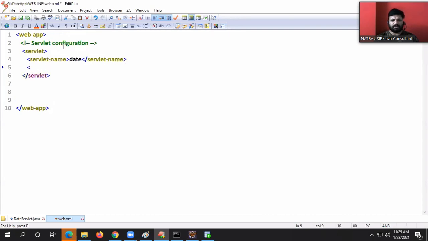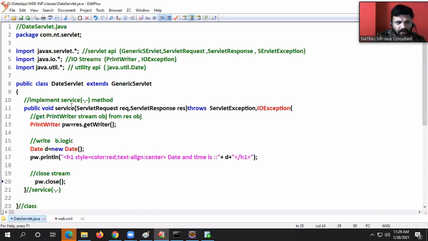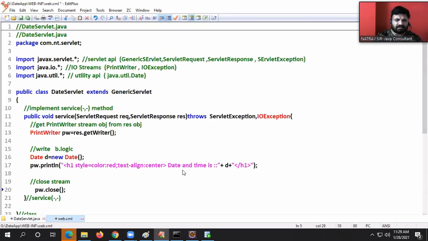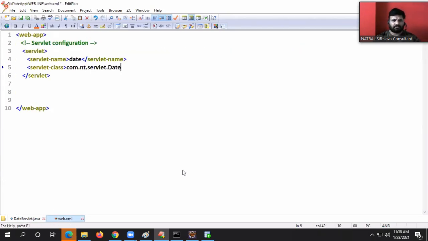Next, servlet-class: com.nt.servlet.date. Servlet-class.